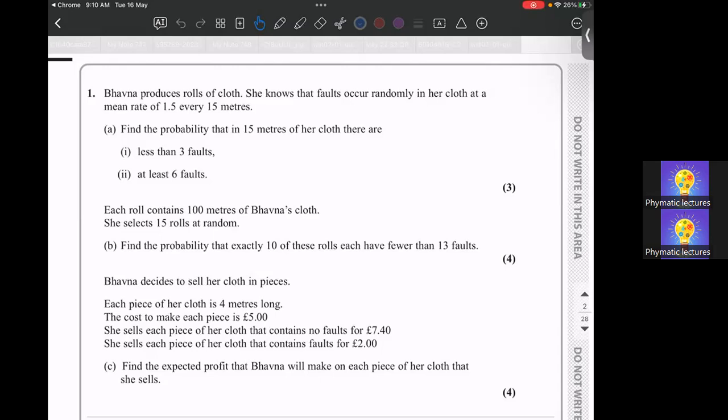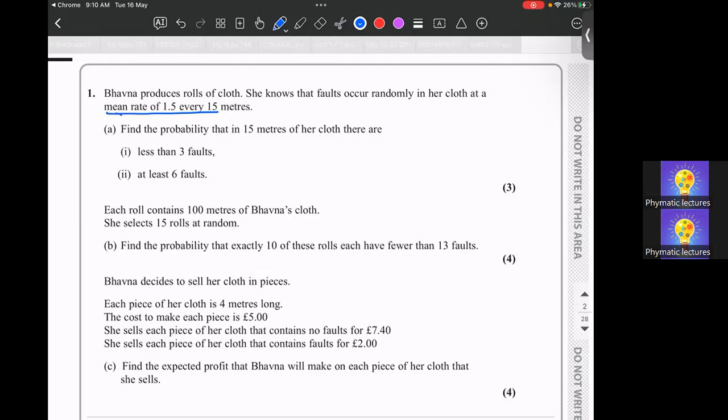So here, this is a question related to the Poisson distribution. How do you know that it is a Poisson distribution? See the keyword. It's mean rate of 1.5 every 15 meters. Correct? So first question, find the probability that in 15 meters of her cloth, there are less than